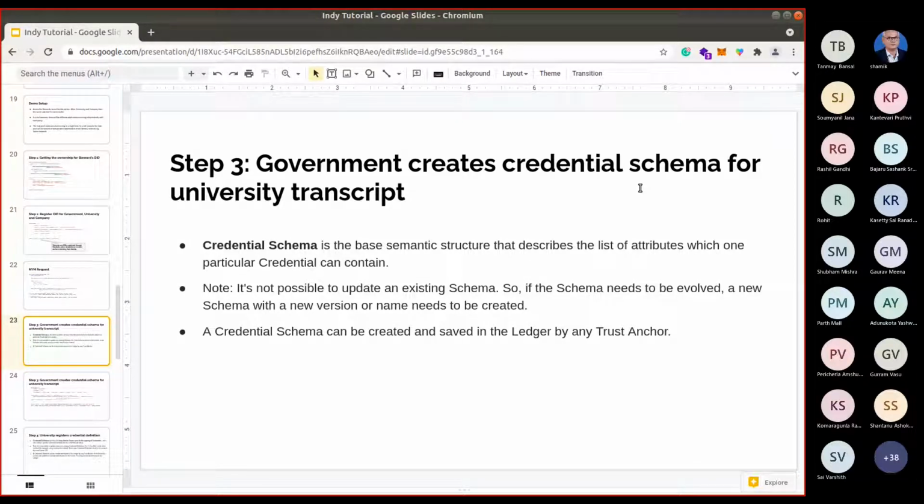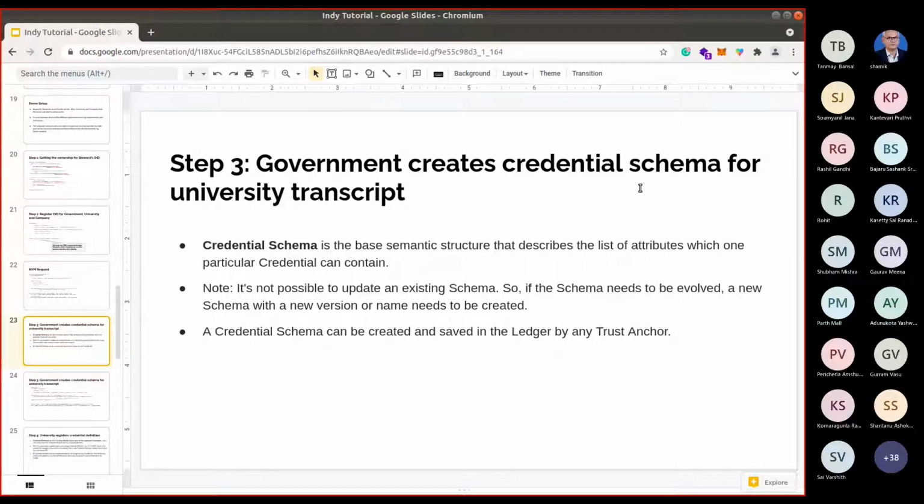Each verifiable credential must have a specific schema. Why? Because without a schema, it is not possible to validate all its attributes, because it would not be known what attributes need to be validated to make it a valid credential.